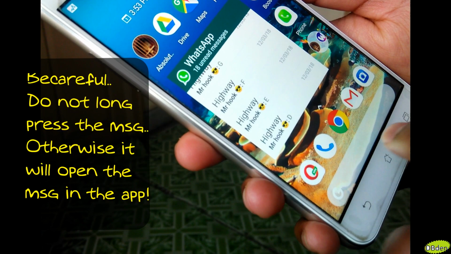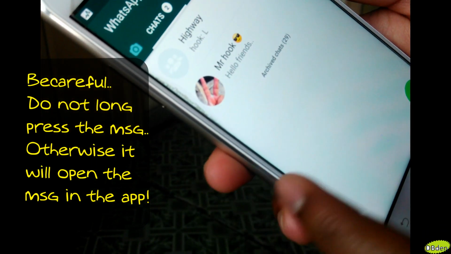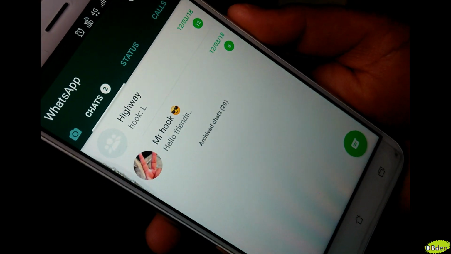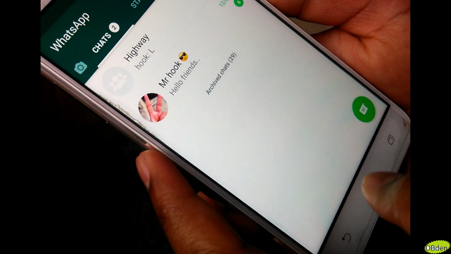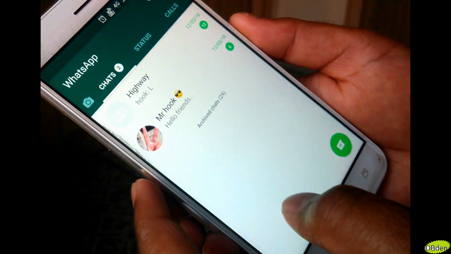And when you see WhatsApp, they will not know that you have seen the message, and that's the trick for reading